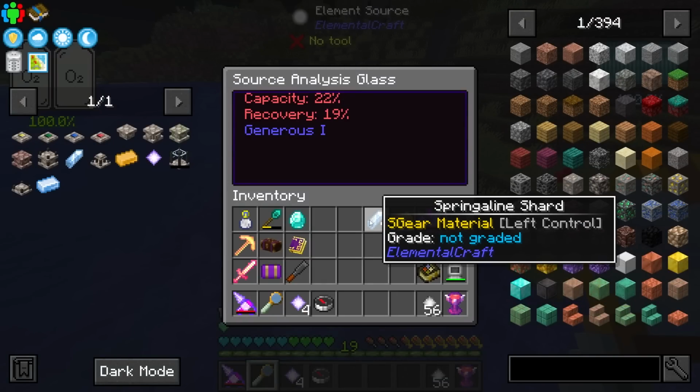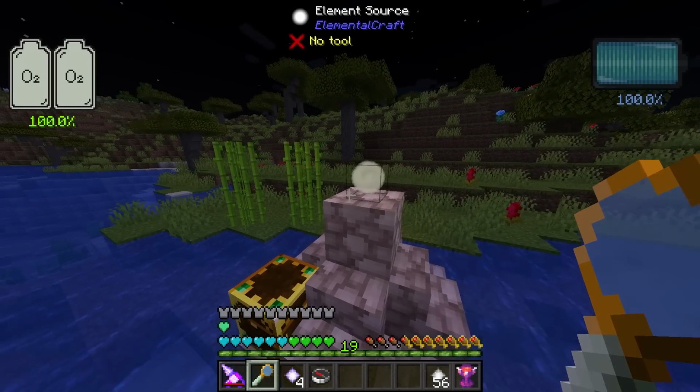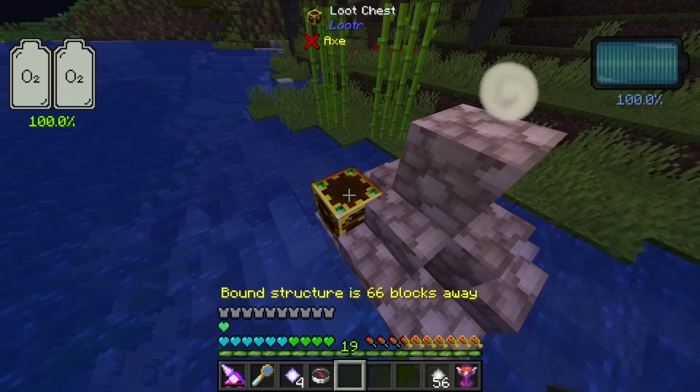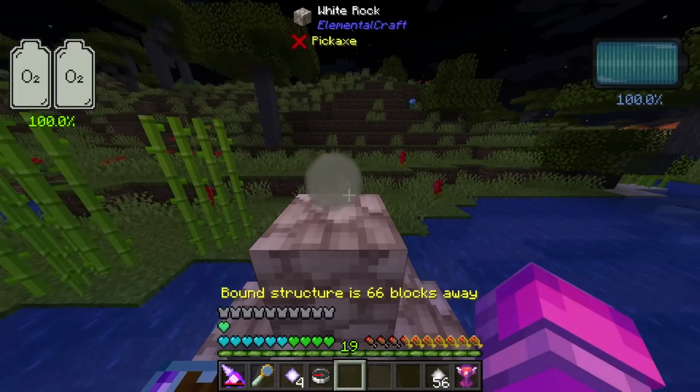I had to make some more of the shards, unfortunately, as I've tested a bunch of crystals so far. But yeah, this one's really nice. It even has generous on it, which is kind of awesome. And these chests, wow. Okay, yeah, they offer air crystals and like the crystal of the shrine that it exists,